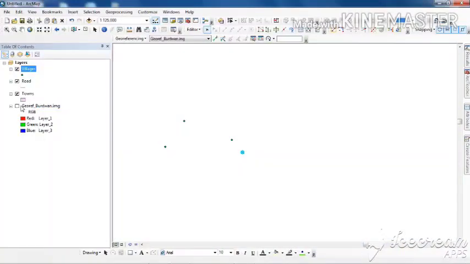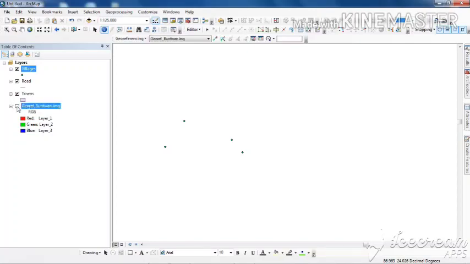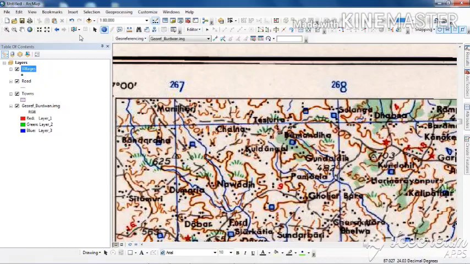How I will check whether it has digitized, you can see that this is the unselect button, as I told you. These villages are being created. Now if I use this identify option, what will happen? You just see the data I have input, the name of the village as well as the state name is shown, as well as its location in decimal degrees in terms of the latitude and longitude. Now I will digitize some major polyline features.